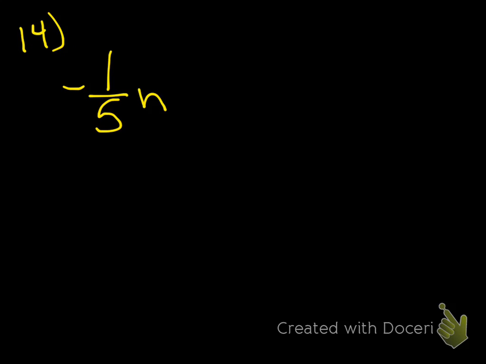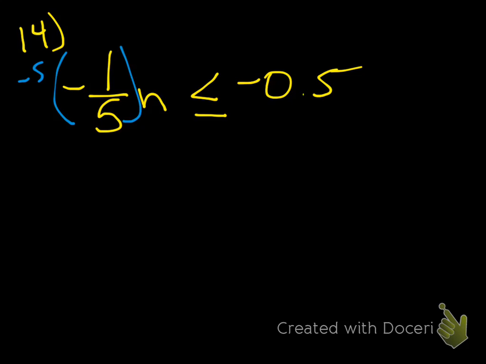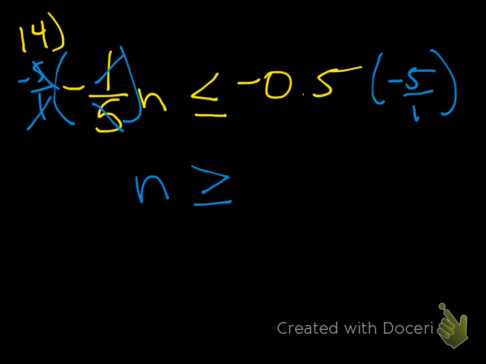Okay, 1/5 n is less than or equal to negative 0.5. We're getting rid of this negative 1/5, so we're going to multiply by negative 5 over 1. Cancel, cancel, cancel, cancel. So it's n. I multiplied by a negative, so I have to flip my sign. And then negative 0.5 multiplied by 5 is a positive